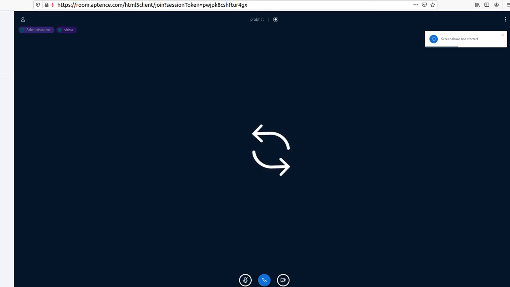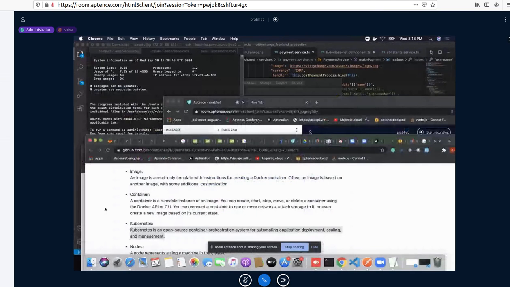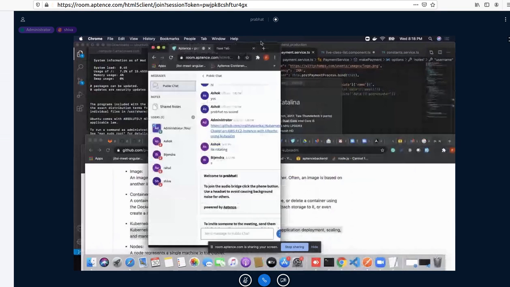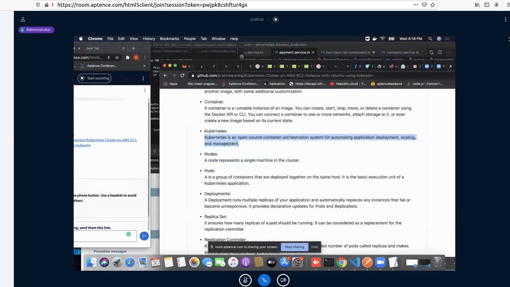Okay, so if you see this diagram, by definition itself, Kubernetes is an open source container orchestration system for automating your application development and scaling